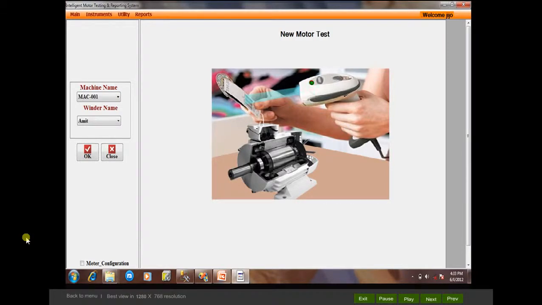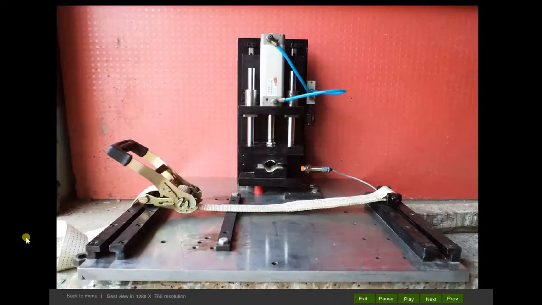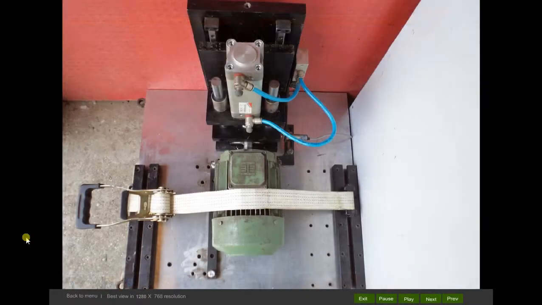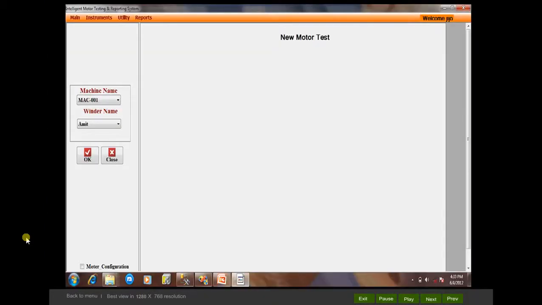Based on the motor model, the basic parameters of the motor are fetched from the database. Align the motor and secure it by tightening the belt. Click on OK button to display list of tests for selection.